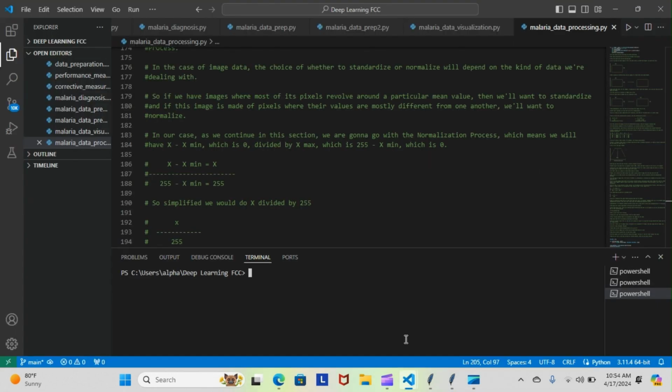In the case of image data, the choice of whether to standardize or normalize will depend on the kind of data we are dealing with. If we have images where most of the pixels revolve around a particular mean value, then we want to standardize. If the image is made of pixels where the values are mostly different from one another, we want to normalize. In our case, as we continue in this section, we are going to go with the normalization process,